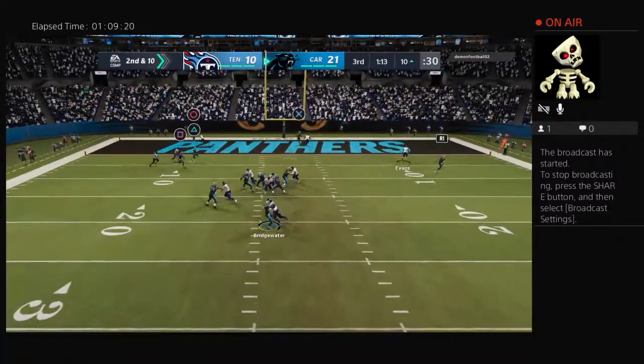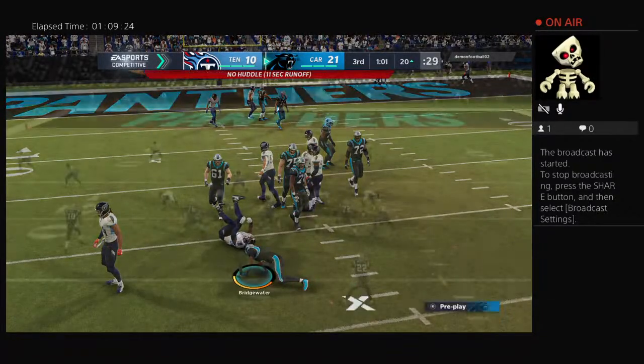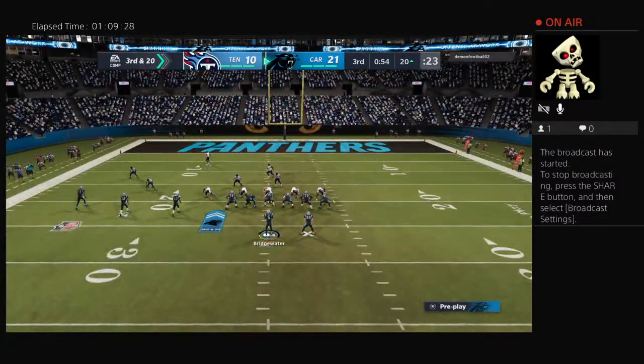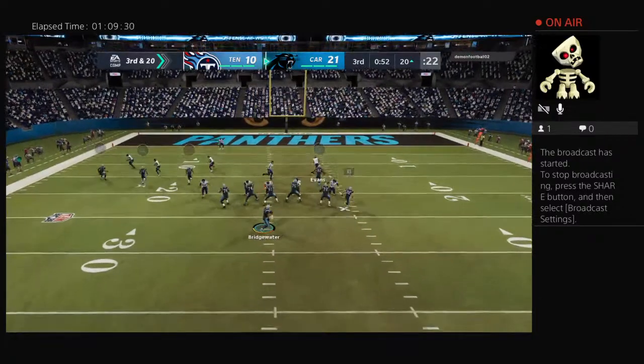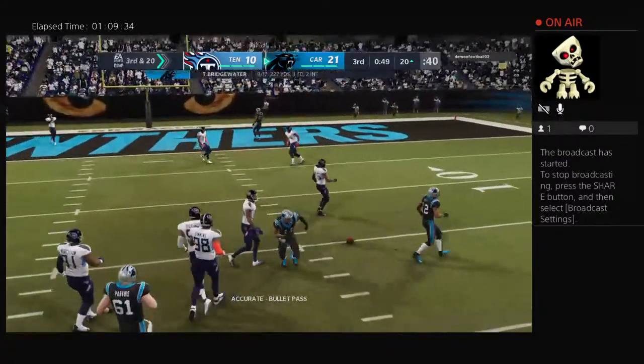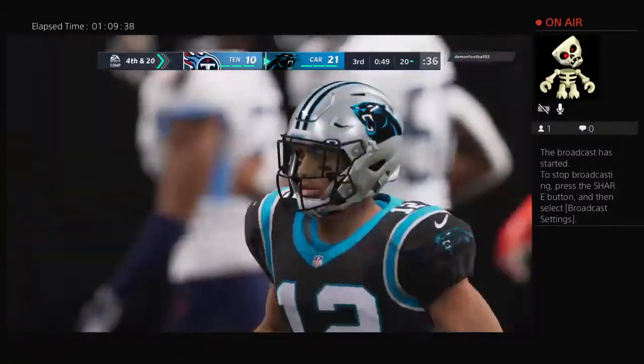From the shotgun, it's Bridgewater. And he'll go down. Brought down at the 20-yard line. Jadeveon Clowney showing the explosiveness on the sack. It's now 3rd down. 3rd and long for Bridgewater. And he's unable to haul it in, so it falls incomplete over the middle 3rd of the field, and that